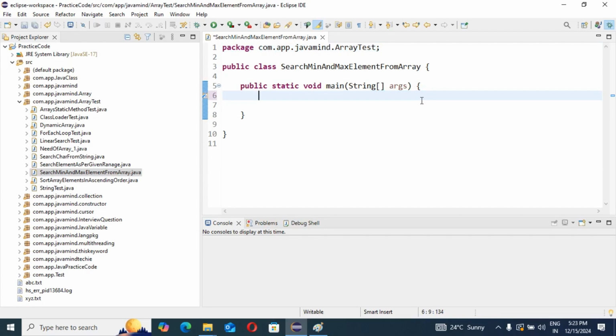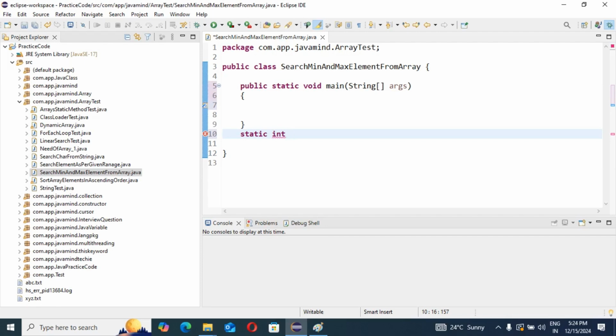So guys, see what I have told you for your understanding: if you are going to write any logic, write it in a separate method for readability. So I'm writing one static method, and this time our method return type will be int, because I am going to return the maximum number and the minimum element in the given array.